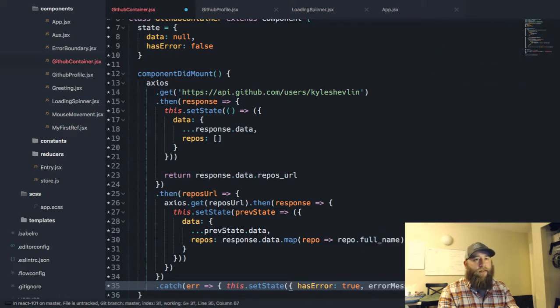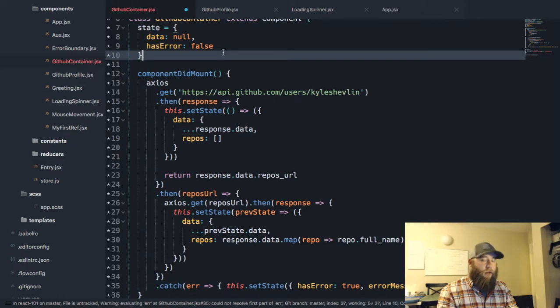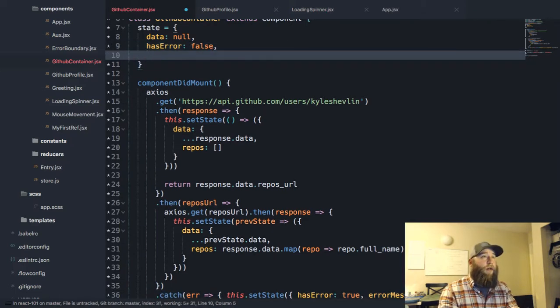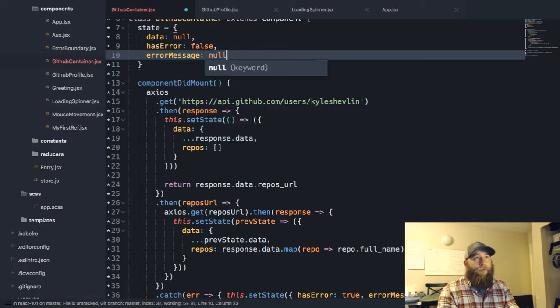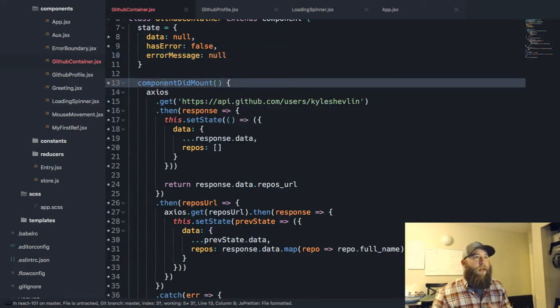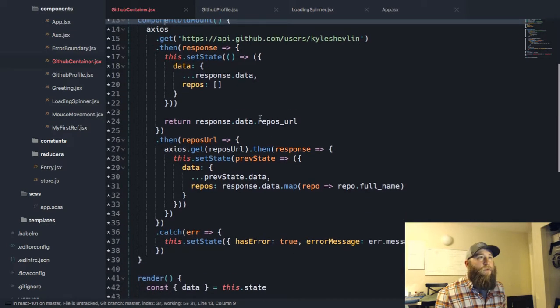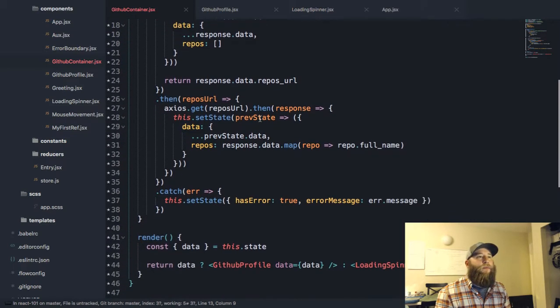I'll need to add this to state, as the error message. You could do this, right? This would be a way to improve the component. So we catch any error that happens, and then what we can do here is